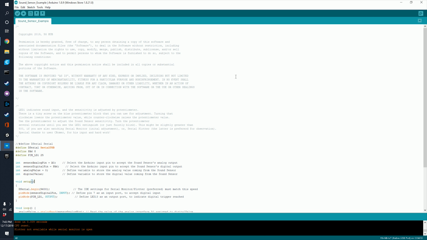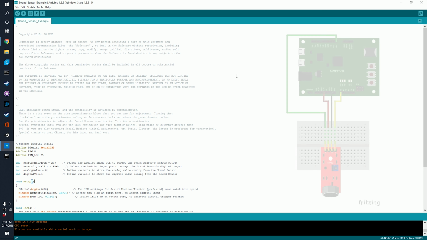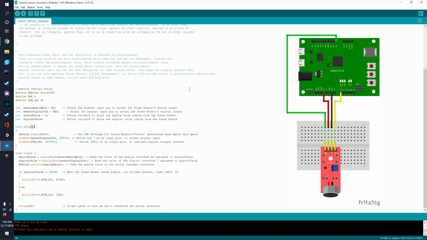So in this project, we used a sound module to detect the amount of sound or decibels present. We start off by defining the serial USB to use the input information and display it in the serial monitor. Here we define the pin PA6 and pin LD125. And we need the integer for the analog pin, which is A0, sensor digital pin PA6, an analog value 0,